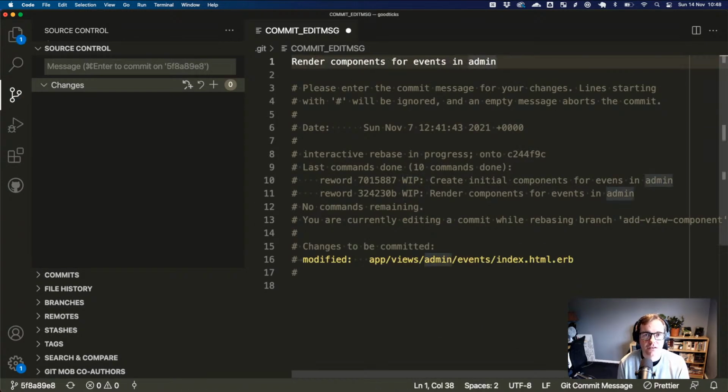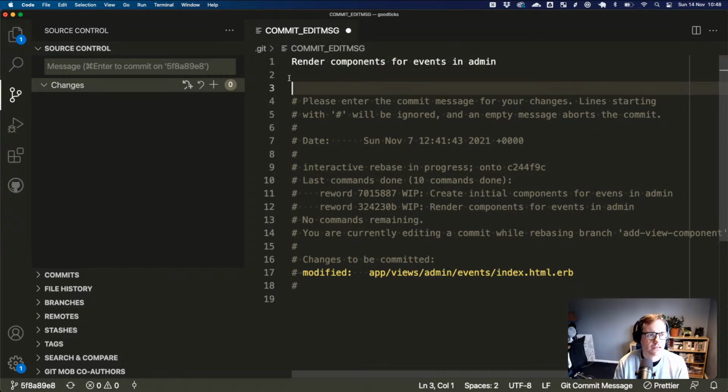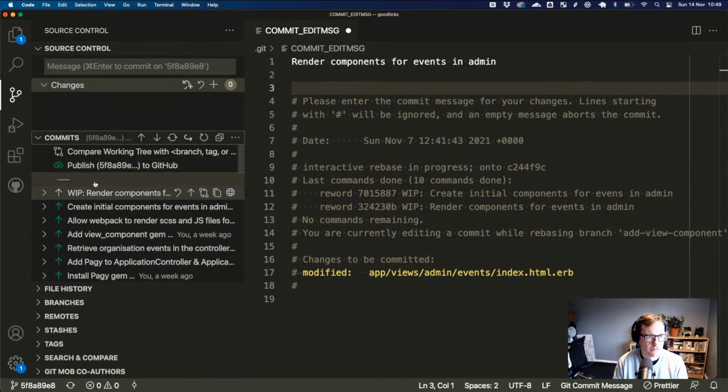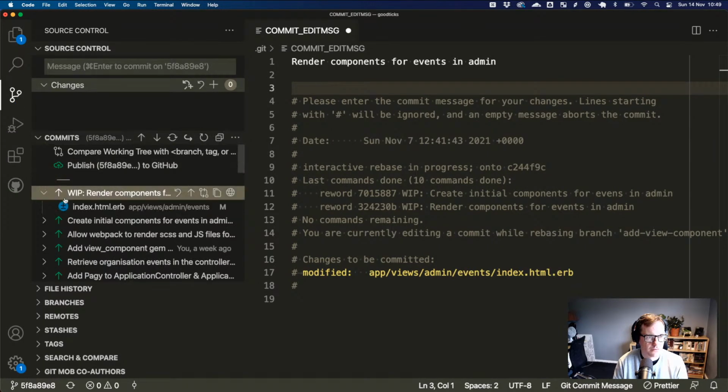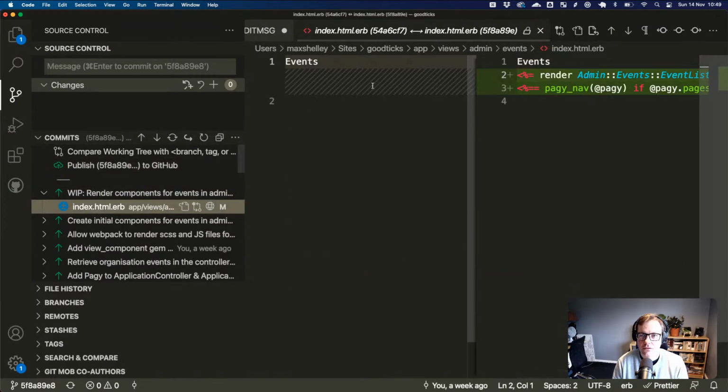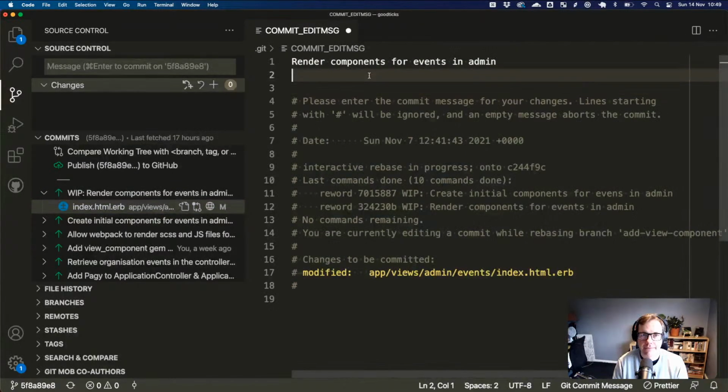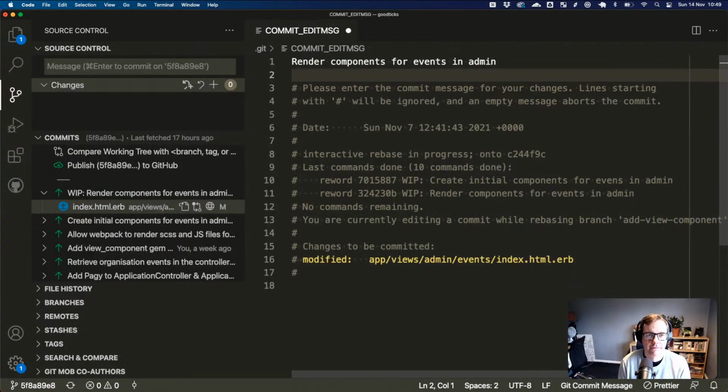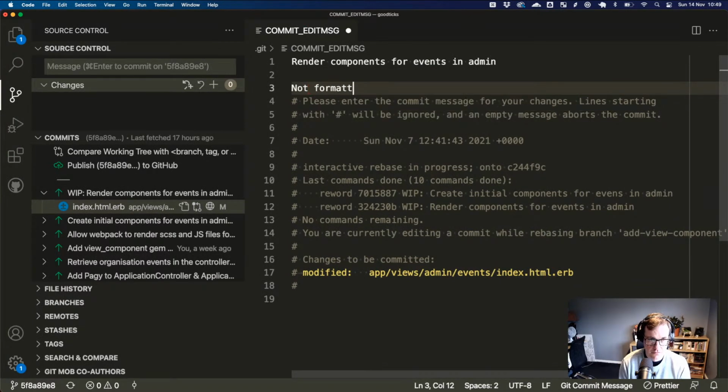Render components for events in admin. I think that just renders the list. That's all that commit did. No formatting or anything usually useful here.